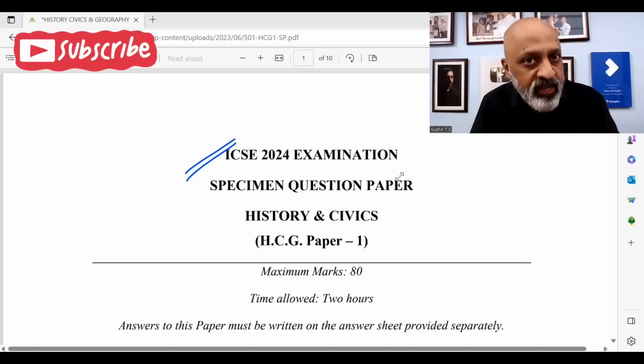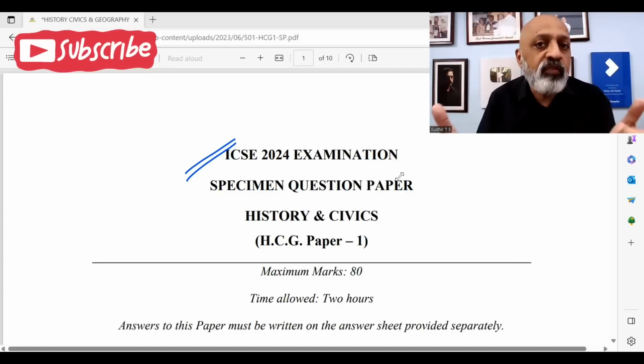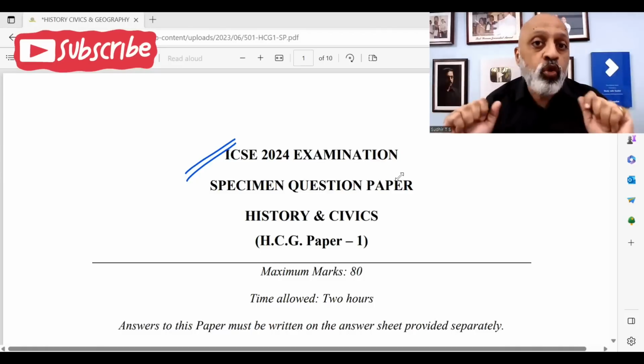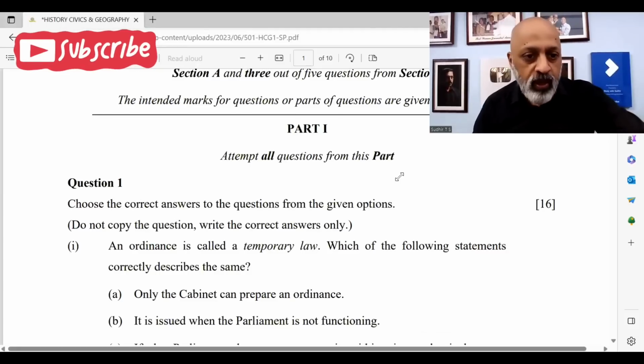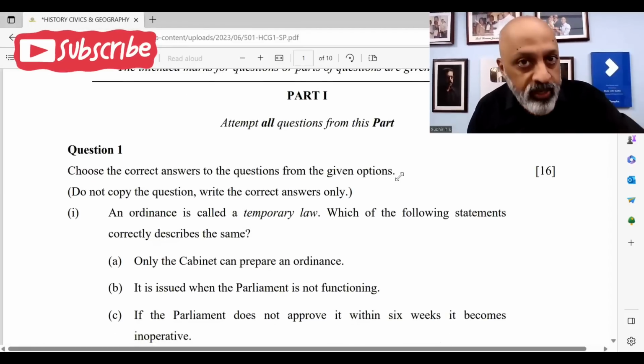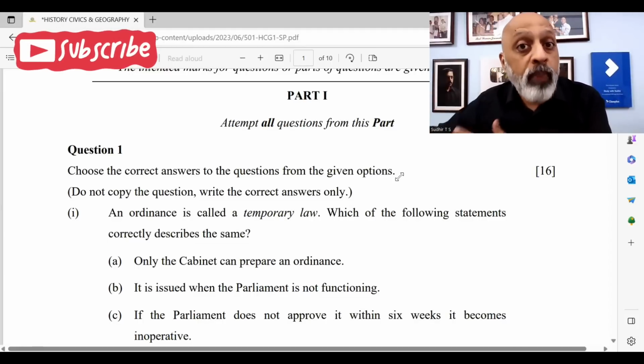Many of you may not have studied all the chapters so far, but nevertheless, it will still give you an idea as to what has to be your approach. Okay, so let's start with the 16 MCQs. Now, the first one is about the ordinance, जिसकी definition आप पढ़ते हैं कि ordinance is issued when parliament is